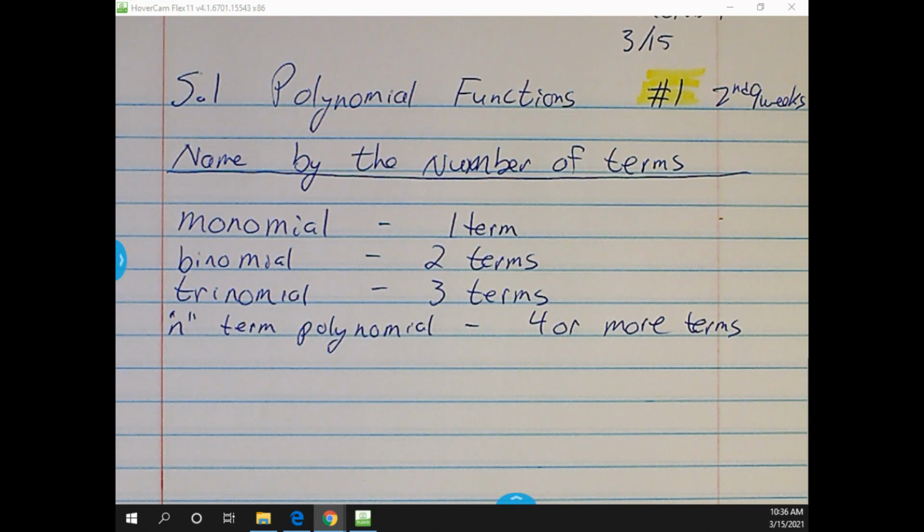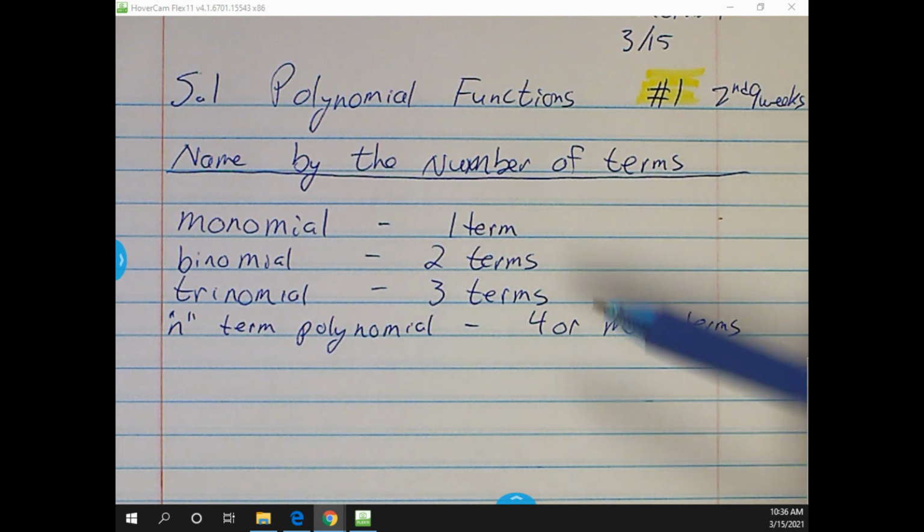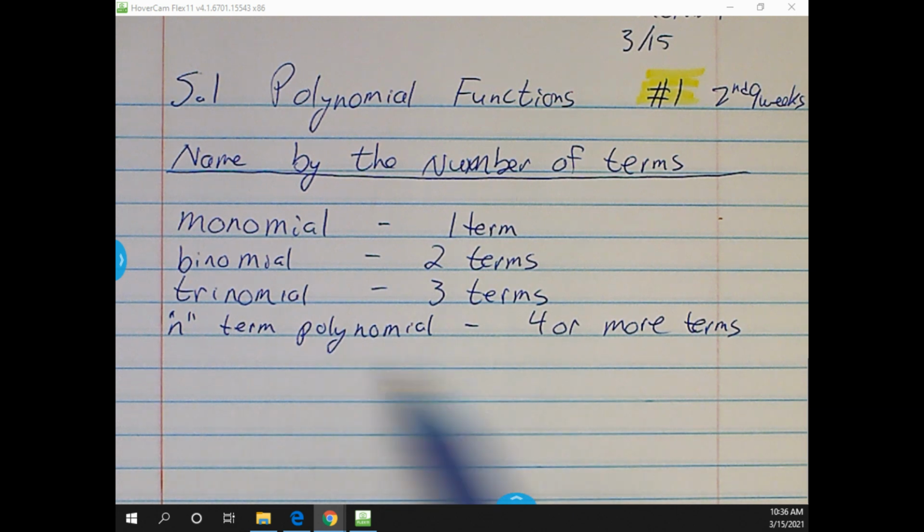Okay, so for 5.1, we're doing polynomial functions. We're going to name it by the number of terms. Really, you have three that you have to worry about. You've got monomial, binomial, and trinomial. And everything after that, if it's four or more terms, where n is just the number of terms,